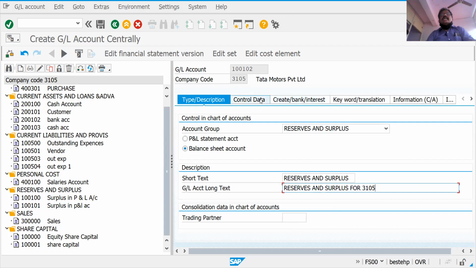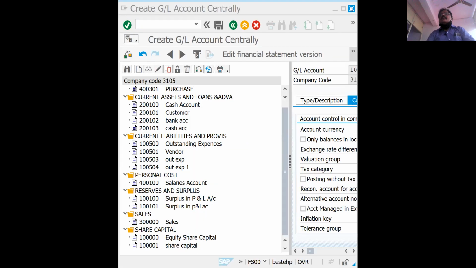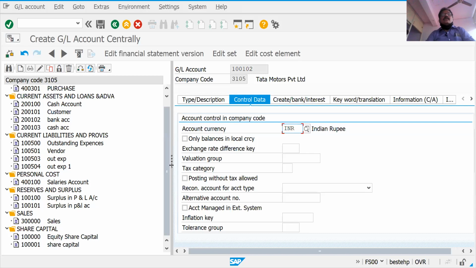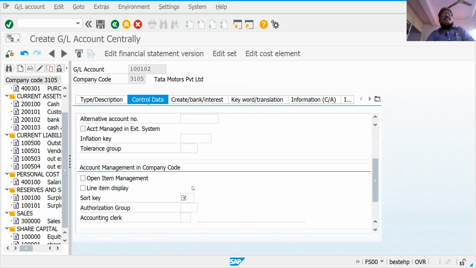Here, control data. In control data, we need to take line item display, sort key 001.